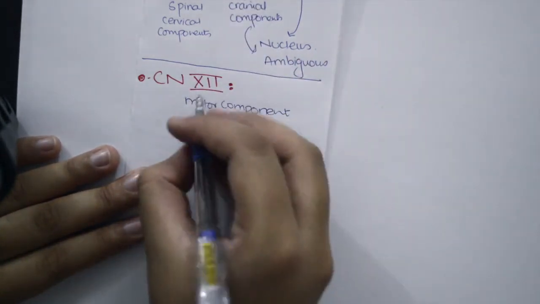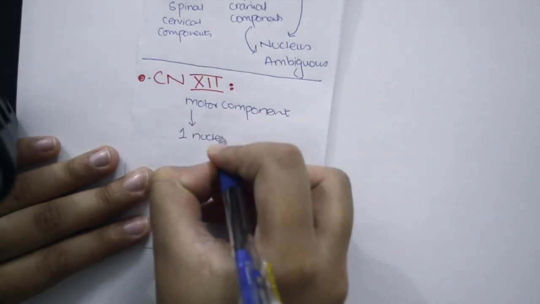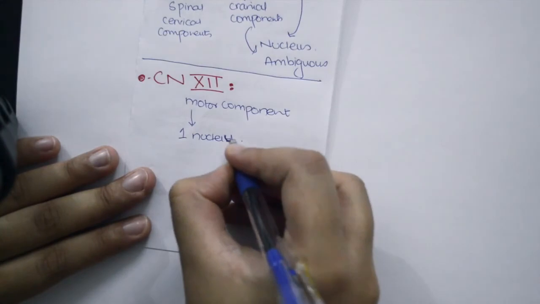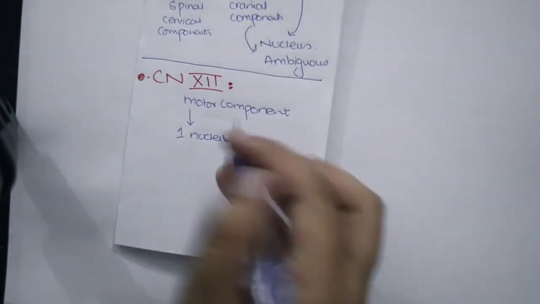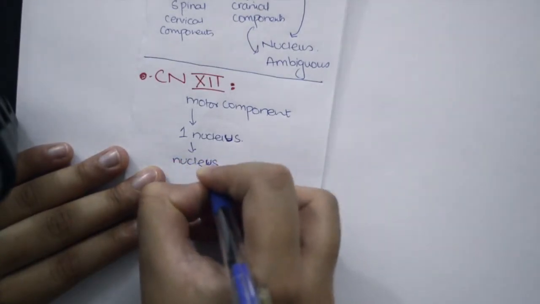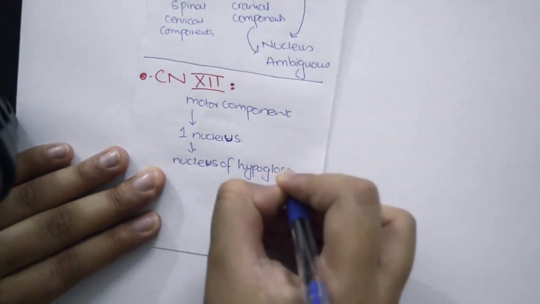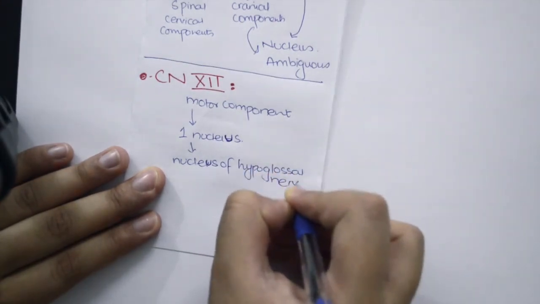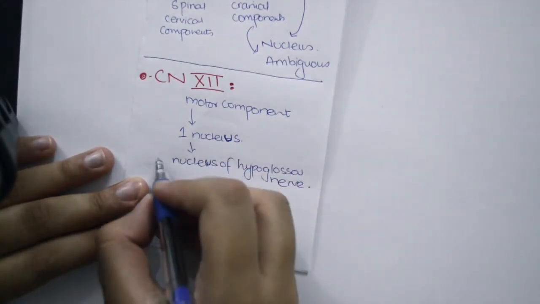So the motor component has one nucleus, and luckily that nucleus is named the nucleus of the hypoglossal nerve. It is present in the medulla oblongata, and